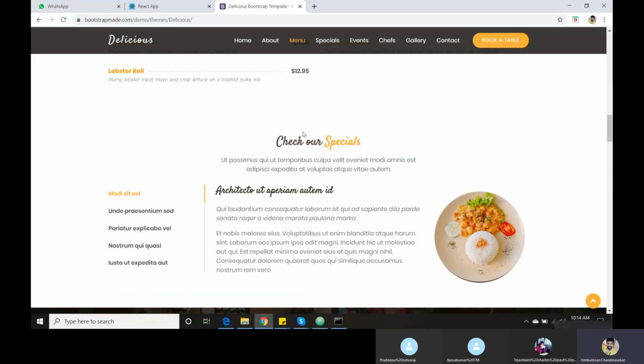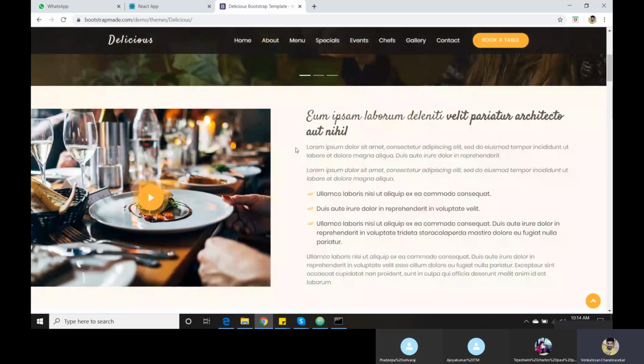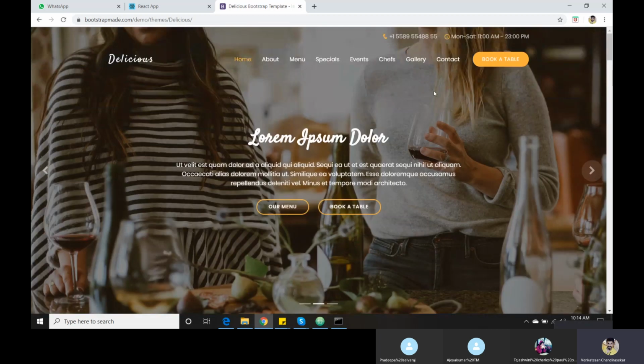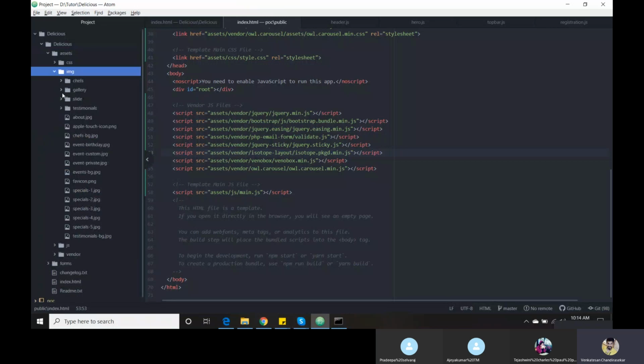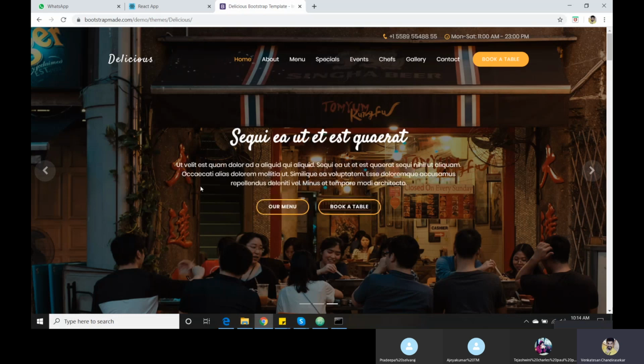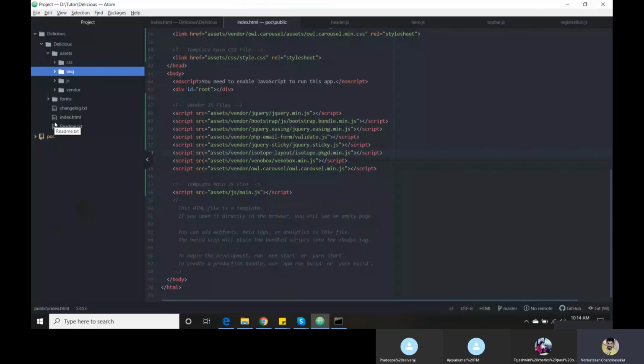If a new developer wants to come and make any changes in the application, suppose I want to change this image to another image, I have a separate folder. I know the image name, so I just replace the image. That's the reason they have kept a separate folder called assets.